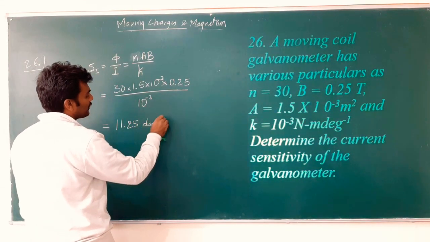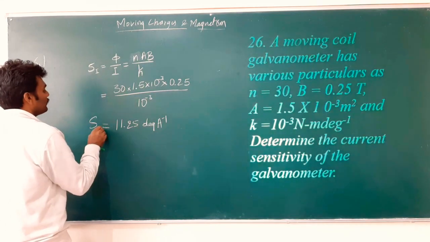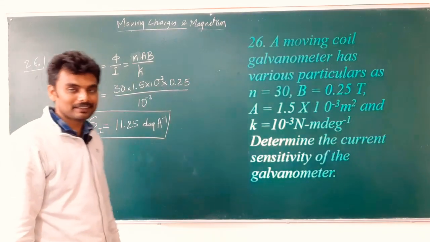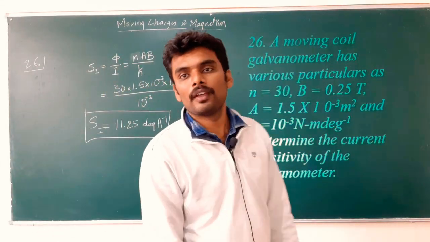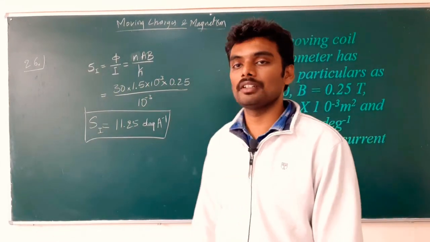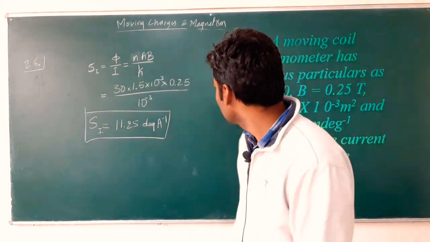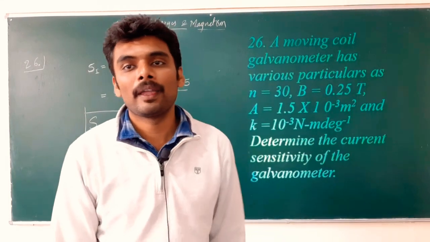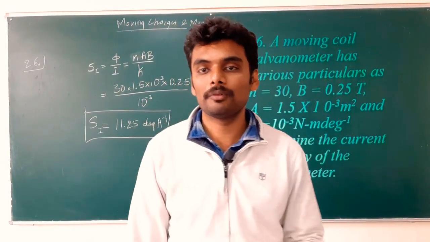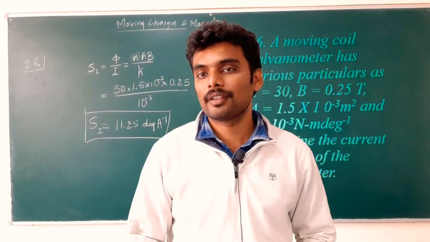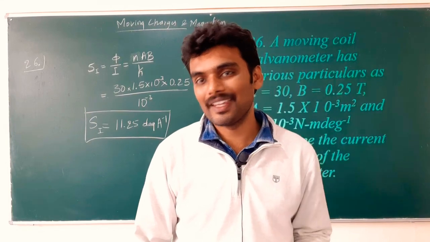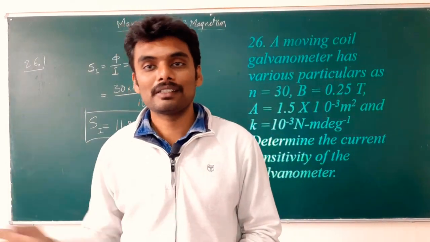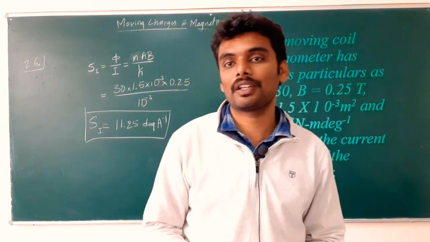Okay. So, for the same moving coil galvanometer, if you are given the resistance of the galvanometer also, then you can get the voltage sensitivity, right? Say a normal galvanometer will have a resistance somewhere around 100 ohm to 120 ohm. Consider that kind of resistance, say 100 ohm itself, and get the voltage sensitivity for the same moving coil galvanometer.